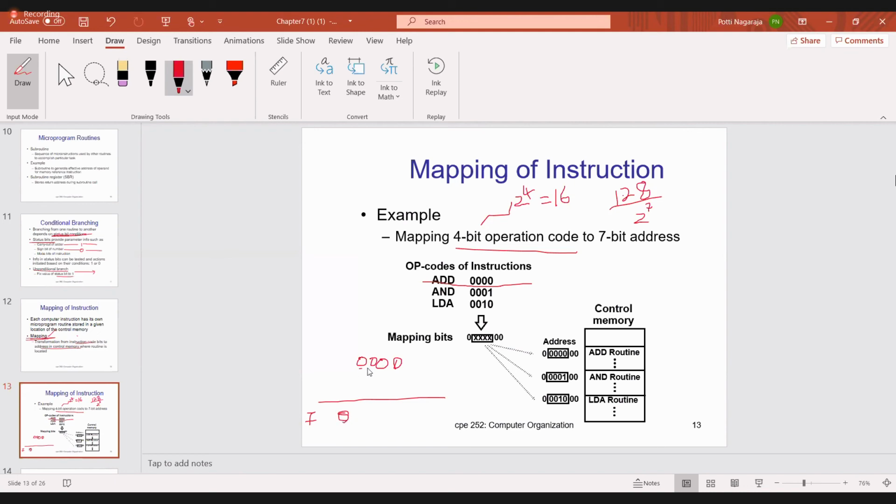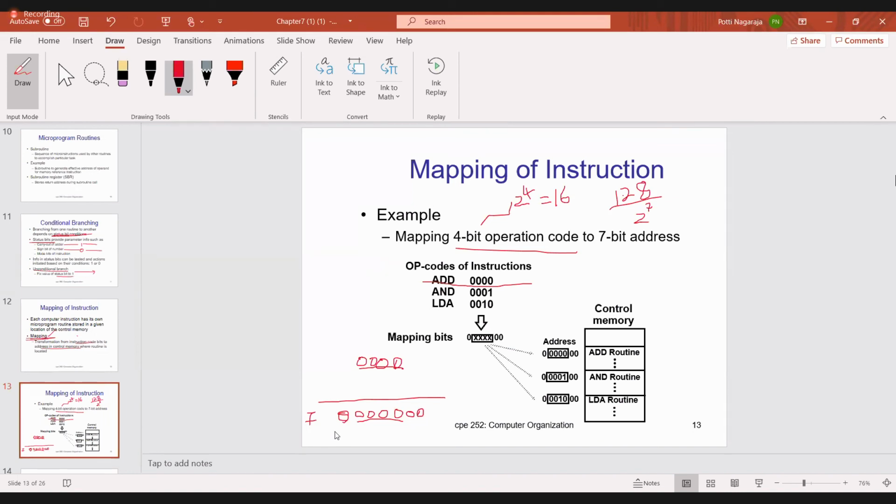Now, whatever opcode is there, write that here. What is the opcode? 0 0 0 0. Is it okay? This is the opcode. Now place it, the MSB is 0 and the 2 LSBs are 0. This is the new address.